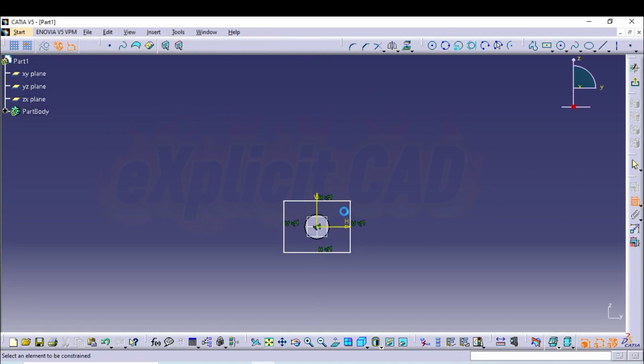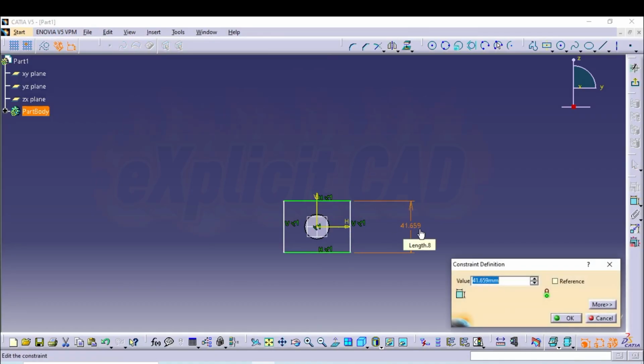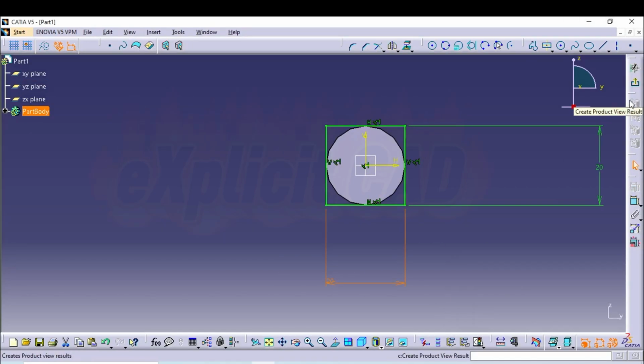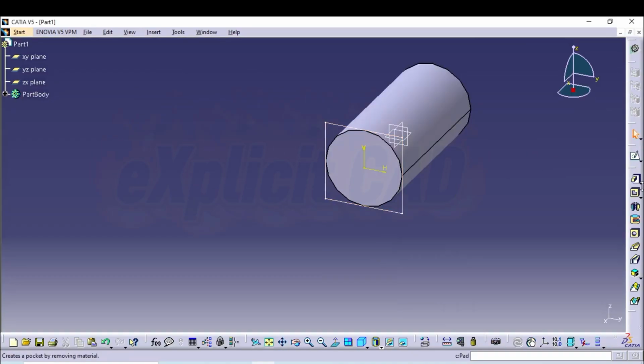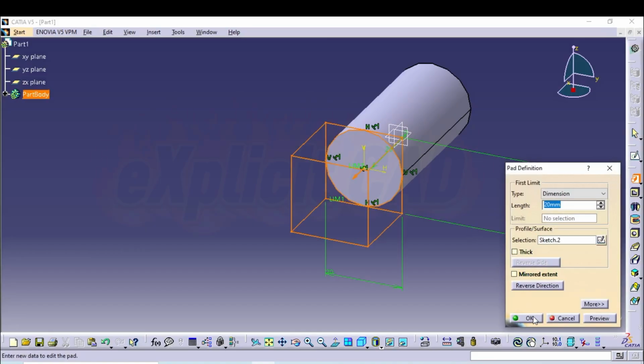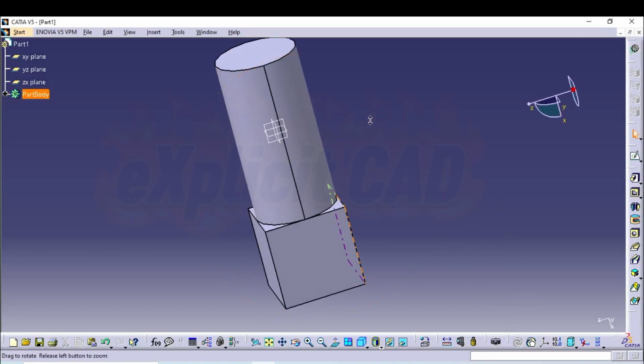Let me just give some random dimension again. Let me give 20, and again over here also let me give the same dimension, 20. Now it's fine. I'll just exit the workbench and then I'll simply create another feature. Select this particular sketch and give OK. I have created one simple